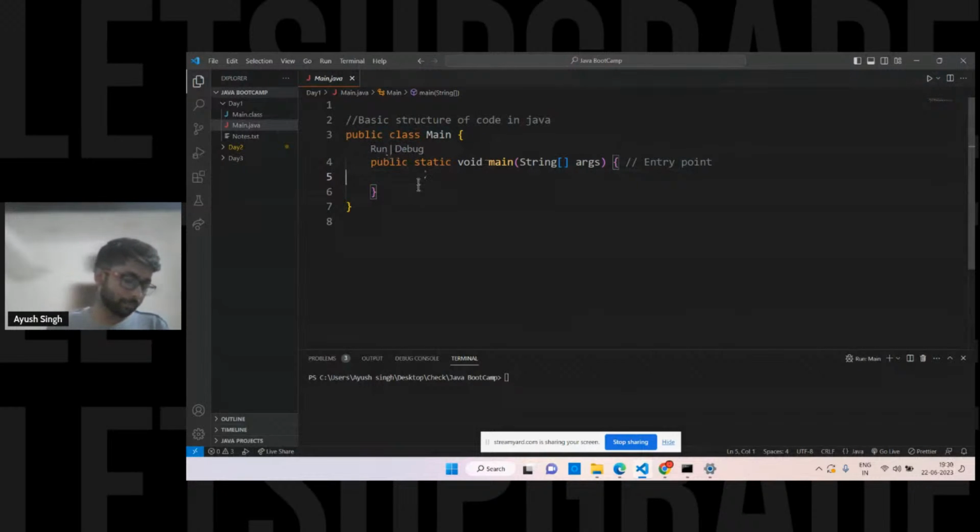I'll see the answer. I'm getting different responses. String is known as a group of characters. Exactly. I'll tell you the answer afterwards. Here, what do we have to do? We have to write something simple.